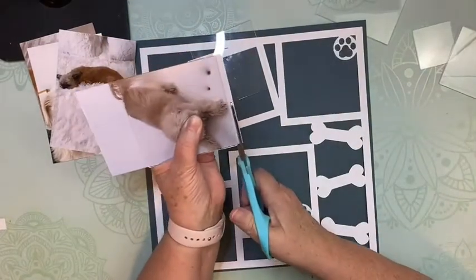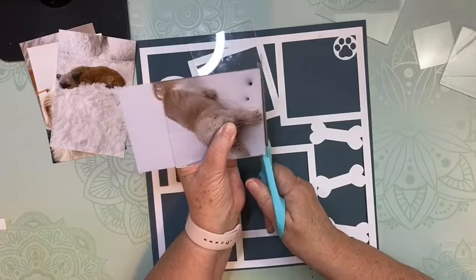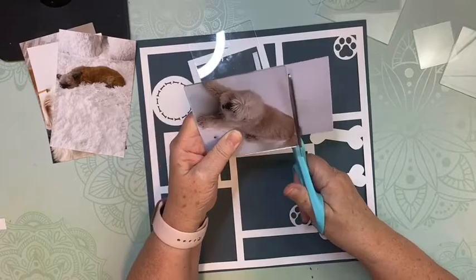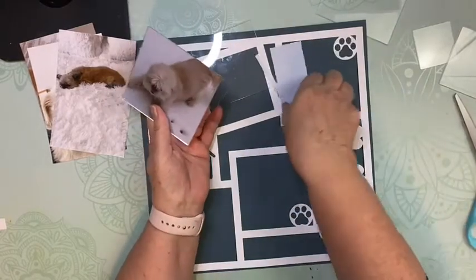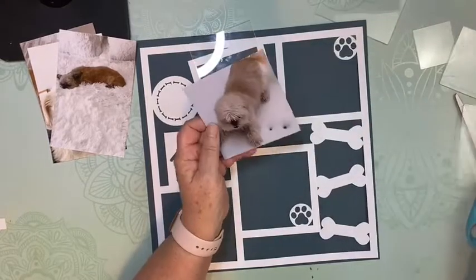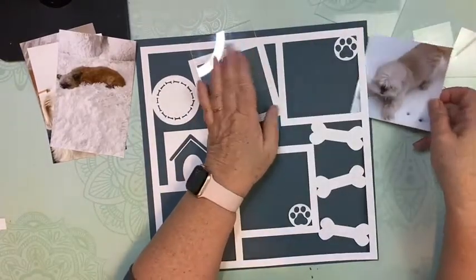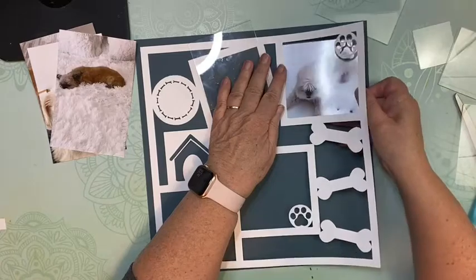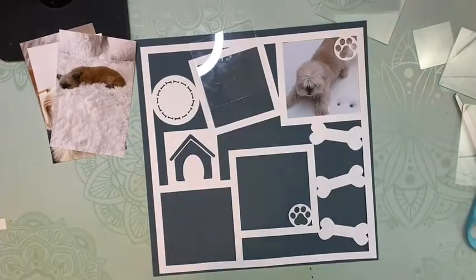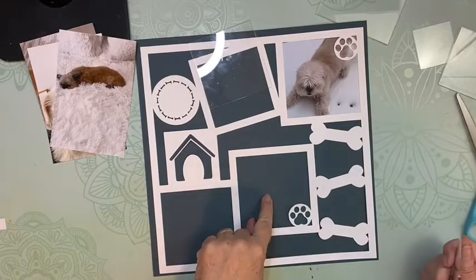Now I use long bladed scissors. Some people use X-Acto knives. Some people trace this with a pencil and then run it through your trimmer. I love using the long bladed scissors, and then I just tuck this under here. We're going to go back and glue it in a minute, but you can see it just fits, right? Okay, so now I need the one for here,